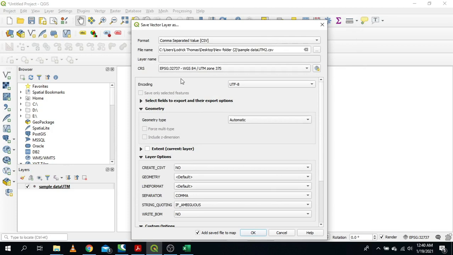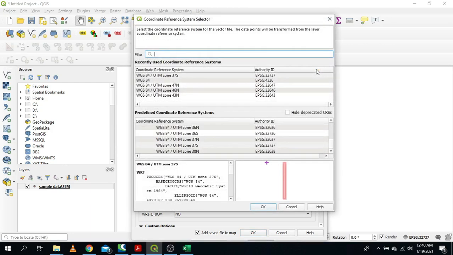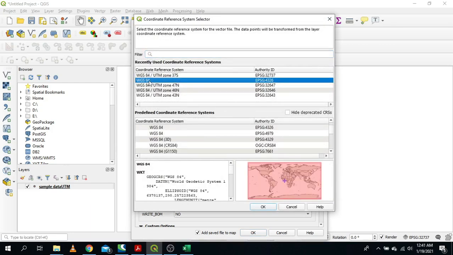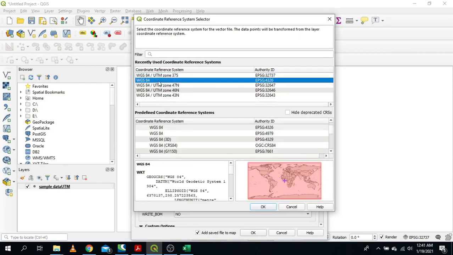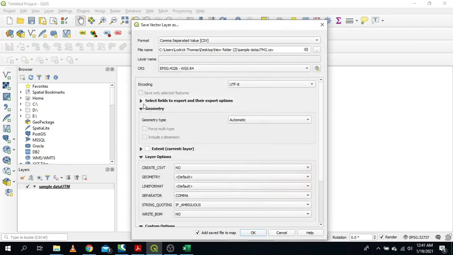Another important thing that you need to know is that we are going from UTM to latitude and longitude. So make sure that here the format is WGS 84. If you put it into a UTM zone, you are not going to get good results. So just select WGS 84 from here and then click OK. Our exported file will have coordinates in WGS format. WGS is nothing but the same as latitude and longitude. So our exported data will be in latitude and longitude. That's what it means.